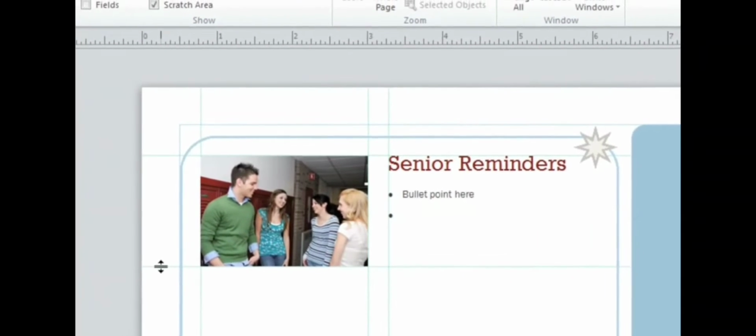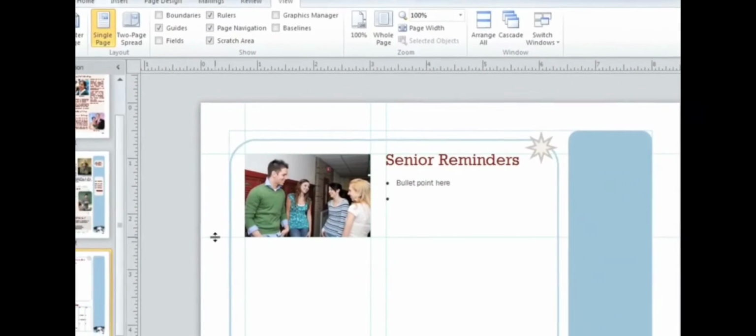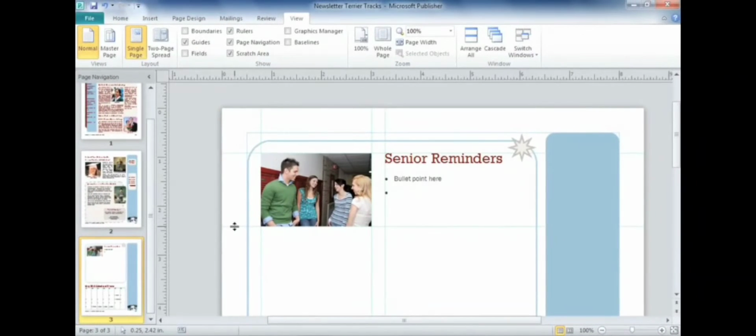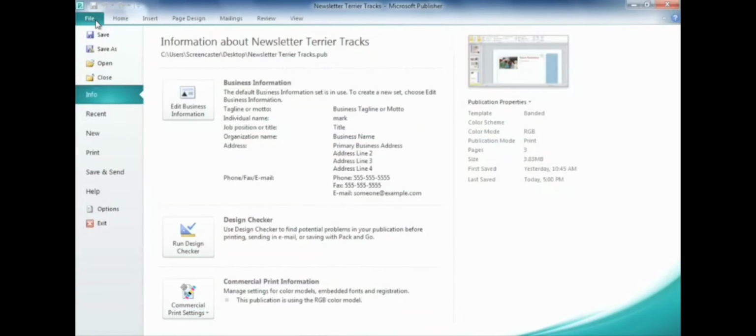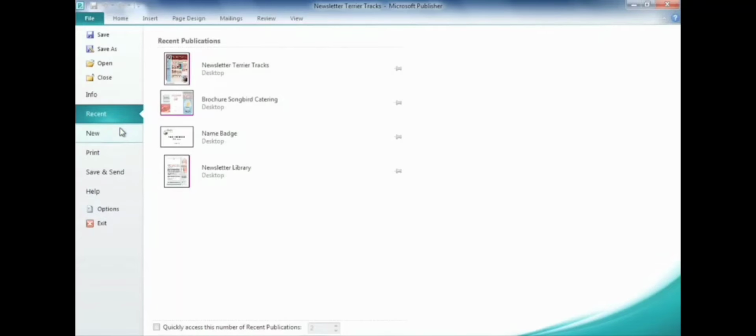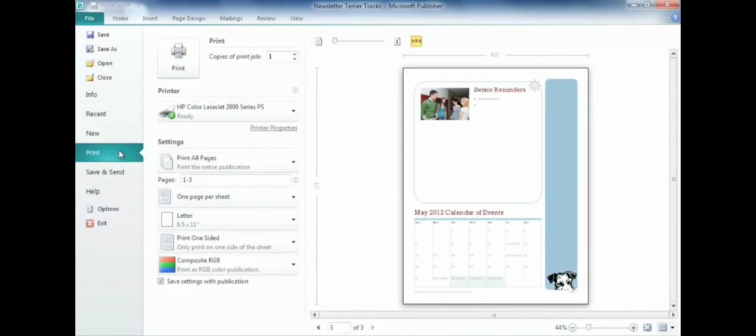Finally, I'd like to show you where to go to do things like saving your file. If you're familiar with Publisher 2007, you may have noticed that the Office button is missing. That's because it's been replaced by the File tab, which takes you to the new Backstage view. Here you can explore all the options related to your current publication and more. That includes things like recent files, new, and print. It's everything you would have found in the old Office or File menu, except now you have a nice full-page view. For example, I like the convenience of being able to adjust the print settings and see a preview all in one place. Now that you know your way around Publisher,